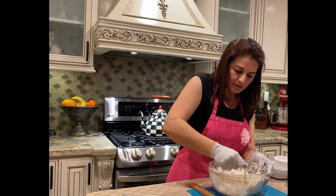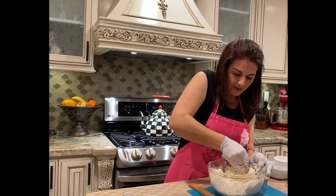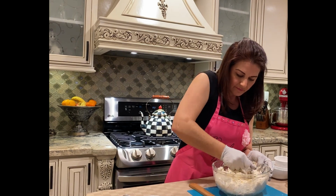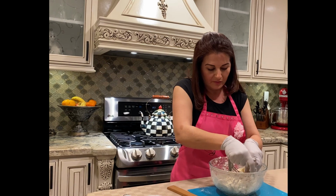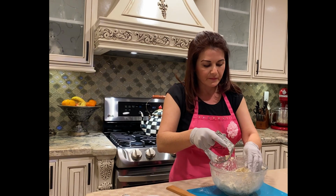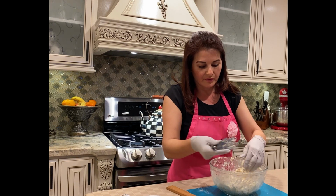Try to make the butter the size of peas. Now we reach the good size of the butter. It's like the size of peas. So we're gonna flip the dough on the board